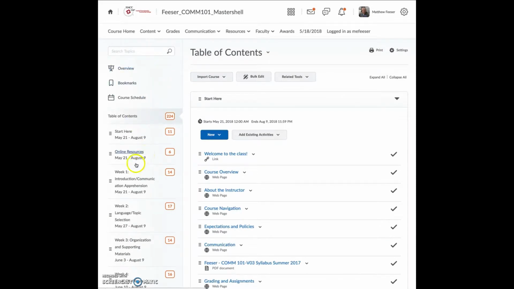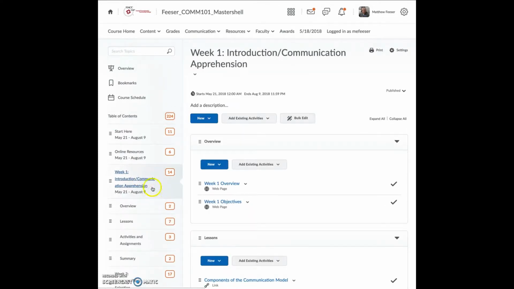When you go into any week, I'm just going to show you what you're going to see in pretty much every week. The format is consistent. You have an overview section, which will give you an overview of what will be covered in this particular module. Some of the weeks have a video here in which I will talk about what's coming in this week and review some concepts from the previous week.